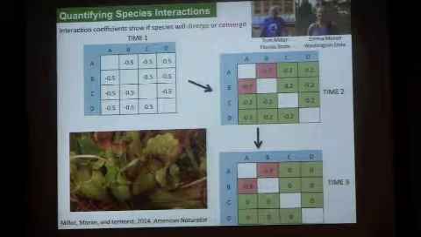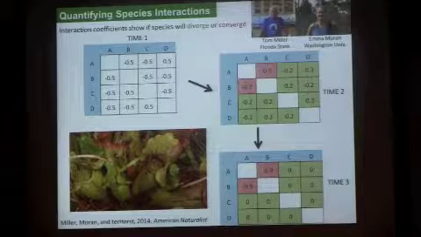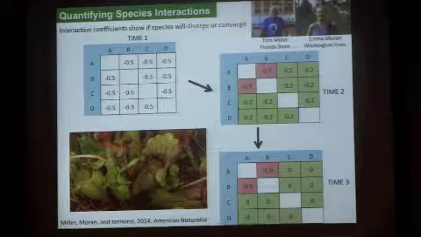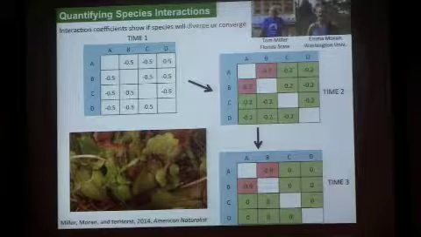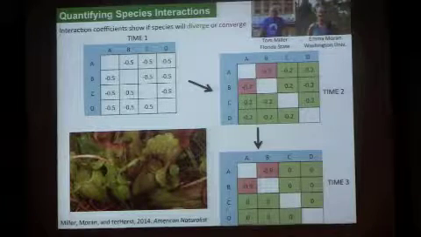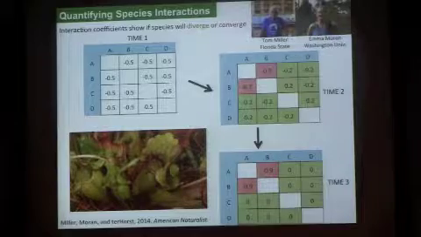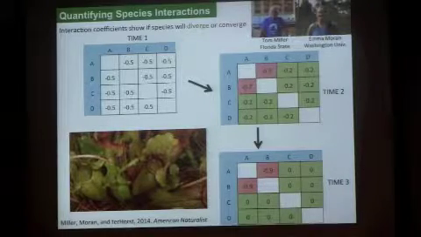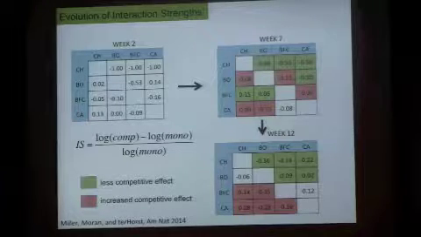In the case of the red box, we have interaction strengths increasing over time. So that would imply that species are converging with each other. They have more and more resource overlap, and they're sharing a niche more, so they interact with each other more strongly. So we just wanted to go out into a community and ask this: do interaction strengths decrease or increase over time? And that might suggest whether species tend to diverge or converge. And so we did that.